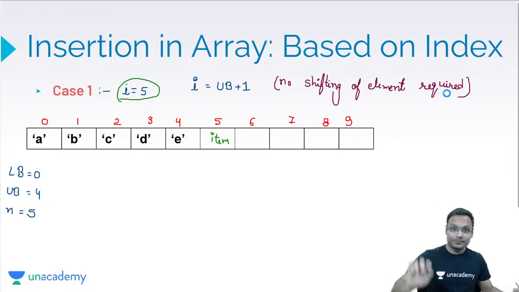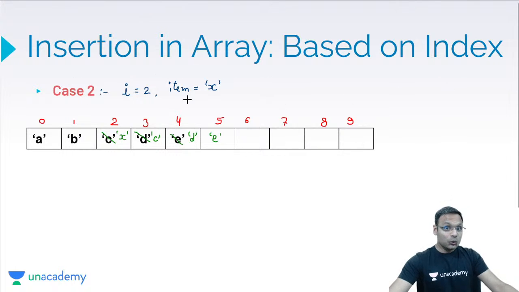But if I am saying you need to insert an element somewhere in the middle, not at the lower bound and not at the upper bound, meaning I is not equal to the lower bound or the upper bound,